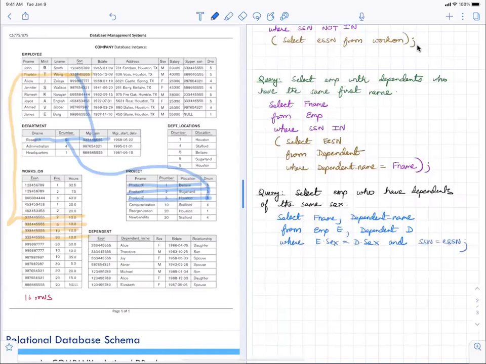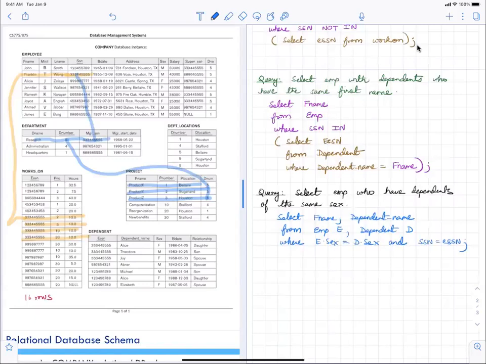Okay, so we had done this query earlier using this form, and I think the answers were only John who has Michael, and Franklin who has Theodore. So I think that was the output for this particular query.